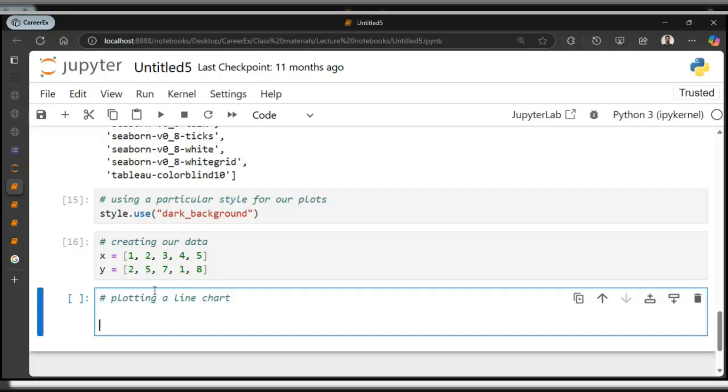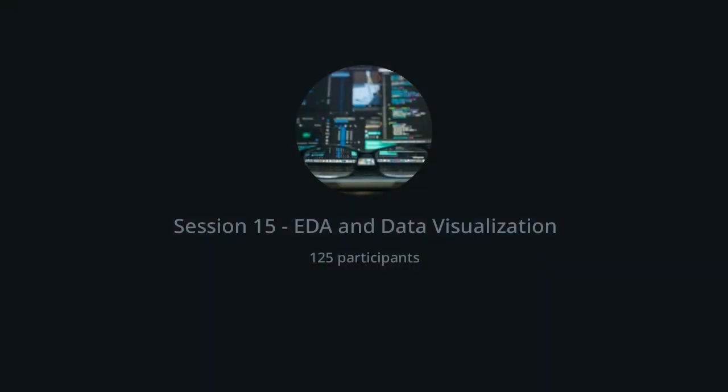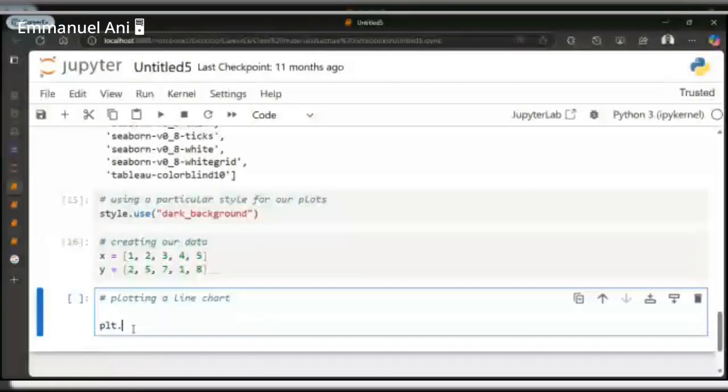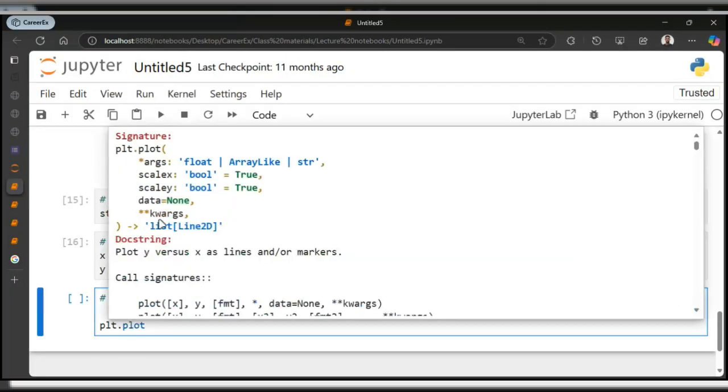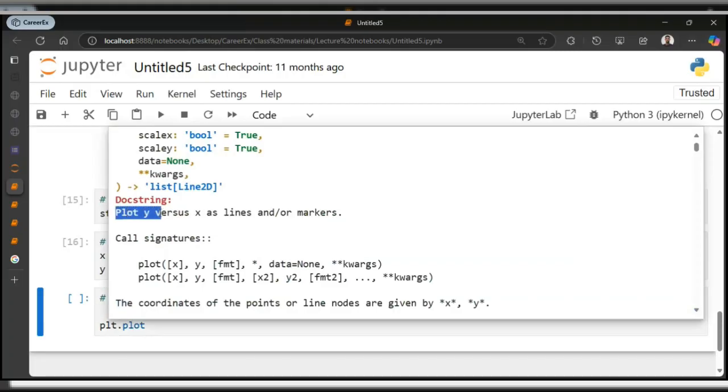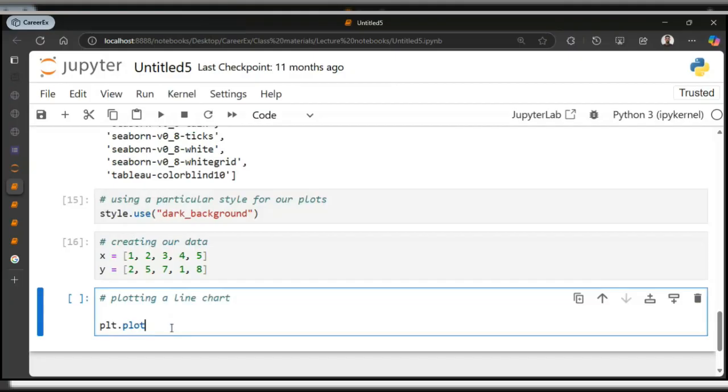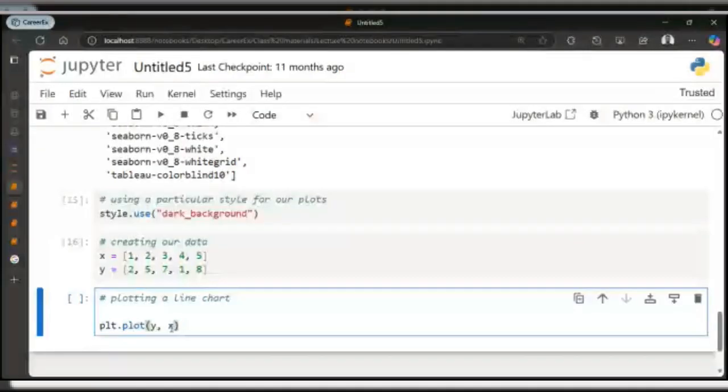So I'll come here and say plot dot. I want to access the methods of plot. So we need to know the particular method we're going to use in creating a line chart. The method for creating a line chart is what? Plot. All right, so if I come here and I put this, what does this say? Plot x, y versus x as lines and or markers. That's basically what this plot does. So if I say plot, y, x, and I run this,